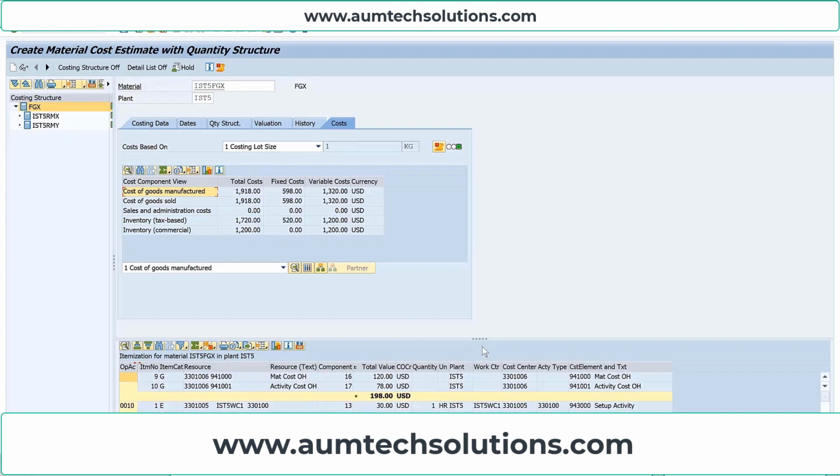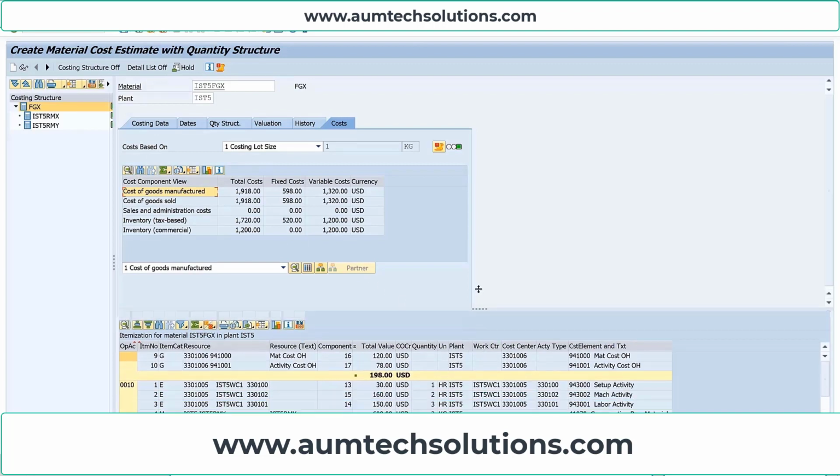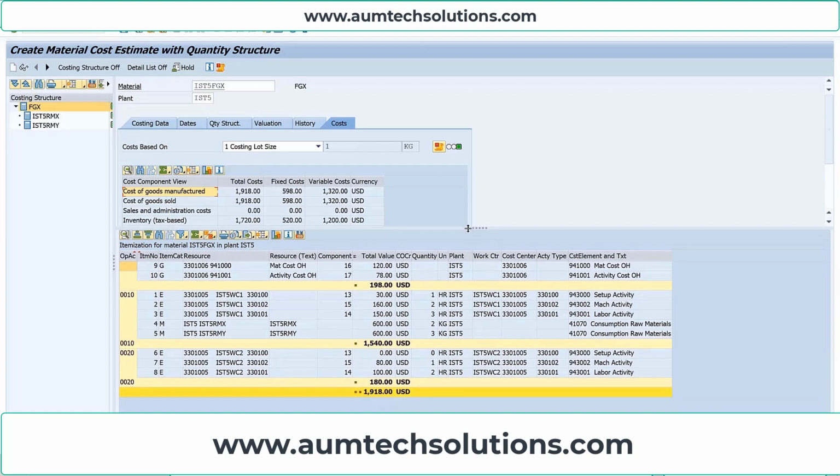So here now we have the standard cost estimate for this finished good IST5 FGX. Green tab shows that it has been calculated correctly. The standard cost of goods manufactured for the finished good IST5 FGX is 1918 US dollar.